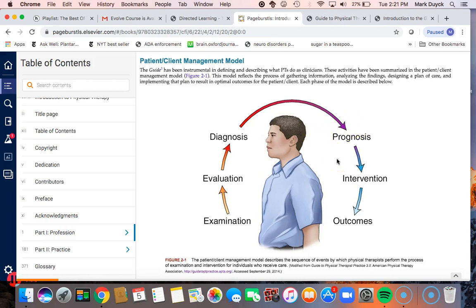And then the intervention piece is where the PTA comes in to help implement the plan of care of the PT through various interventions, such as use of modalities, for example, but primarily looking at areas of